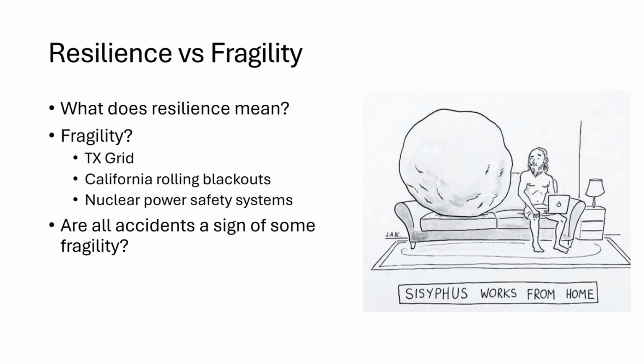And here are just some examples about fragility and resilience. We have the Texas ERCOT grid, the power grid that a few years ago had a lot of problems, where it was shown to be incredibly fragile with temperature and weather events that it wasn't planned for, as we've started to see different changes in climate. Similarly with California's rolling blackouts, one of the solutions to the wildfire problems was to randomly black out the power system.